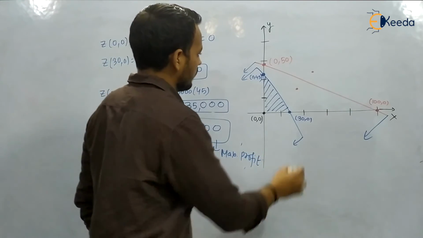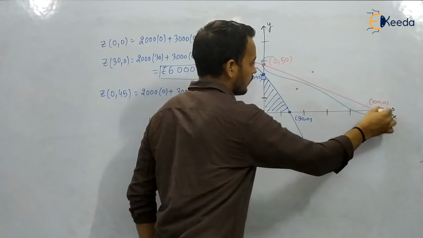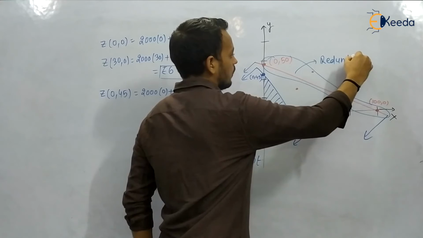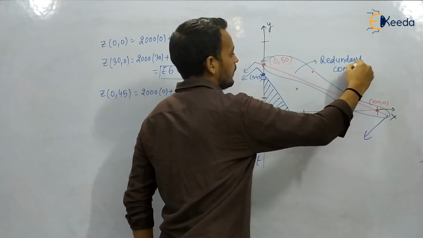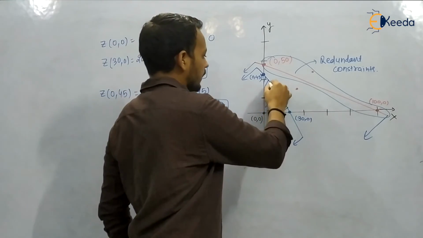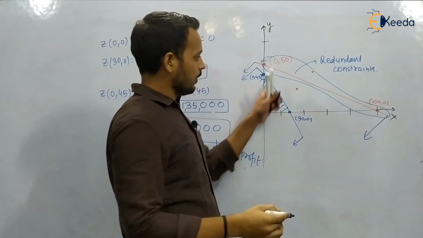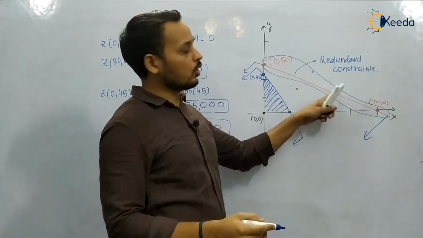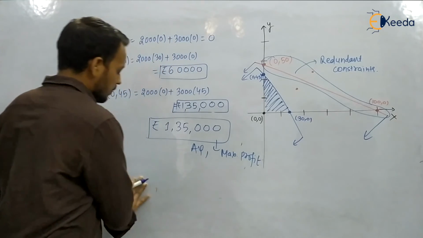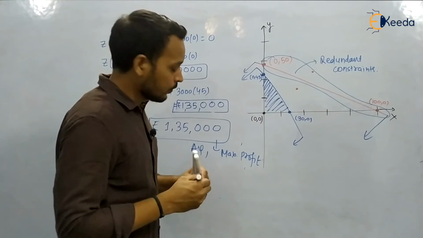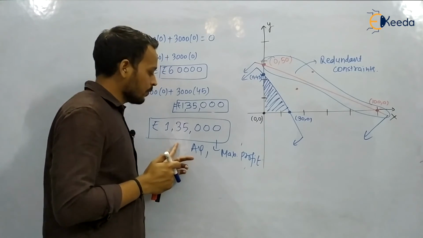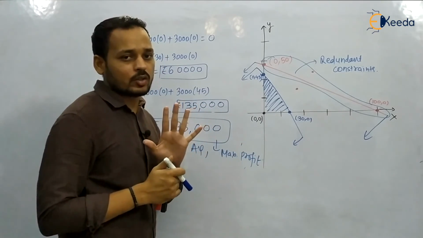And you can see this constraint. If you are going to ask the nature of the solution, this constraint is redundant. Redundant constraint means it is not going to participate in getting the optimal solution. So this constraint is known as a redundant constraint, and the solution will be known as a degenerate solution. Although the solution is a unique optimal solution, it is a degenerate solution, you can say.